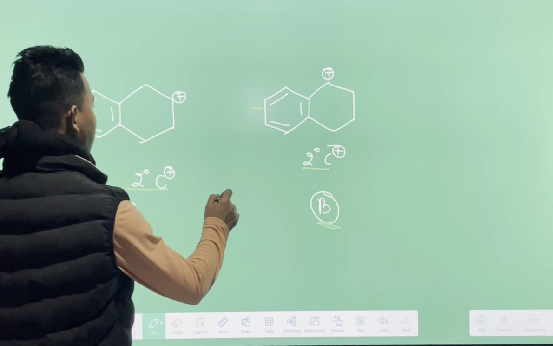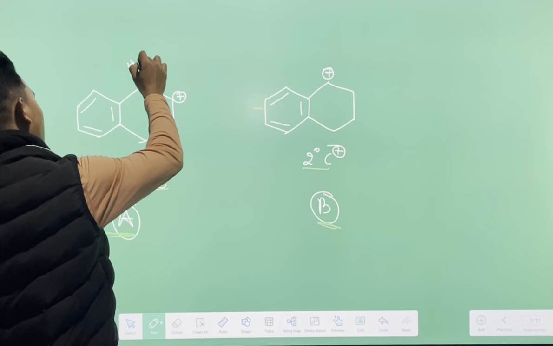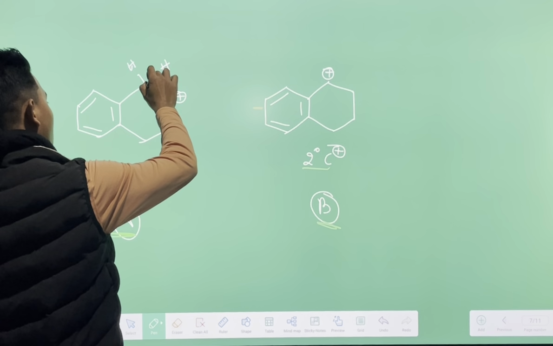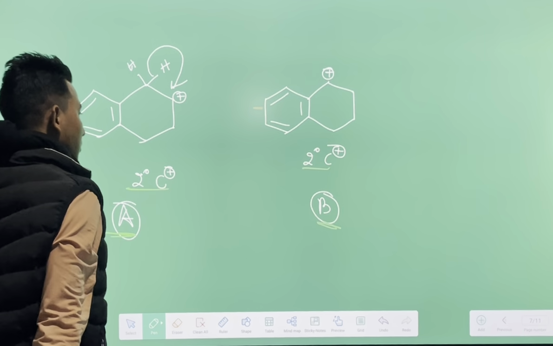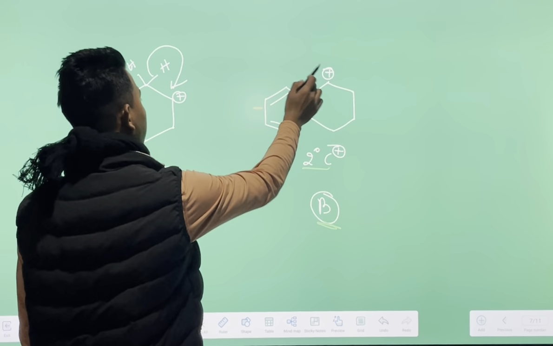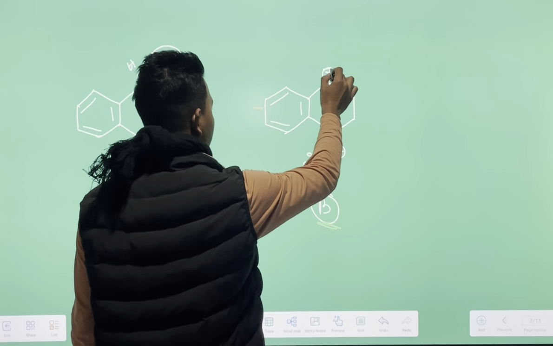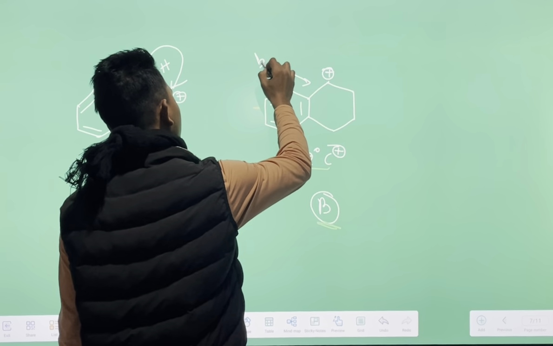The most stable is this, because we have hydrogen here. We can shift that hydride to this carbocation to get this secondary carbocation, but this one, based on the distance